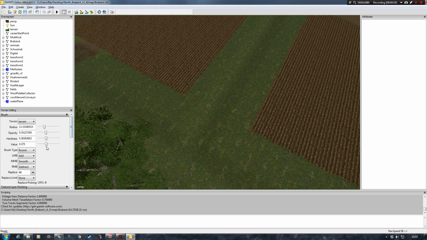Now it depends on, again, your preference. I sometimes, depending on the map layout, will switch from the round brush type to the square brush type, and if we then click on our terrain foliage painting mode tool in the top here, you can see I've got this nice big square box, which you can adjust either by the slider here, or once you click in the area of the field you can then scroll with your mouse wheel and change it there,